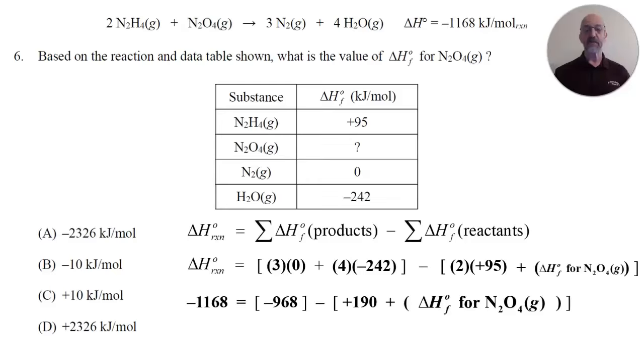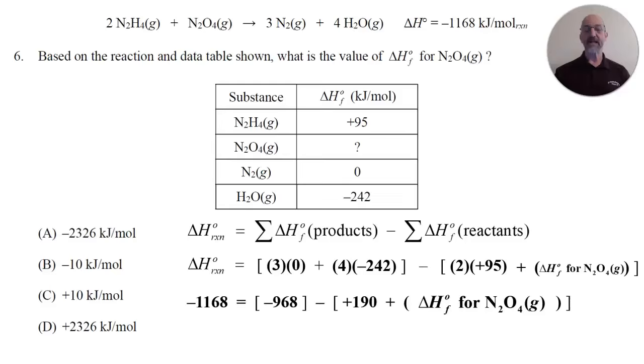And if I do the products minus reactants, that would be 3 times 0 plus 4 times negative 242, which is negative 968. And then on the reactant side, that would be 2 times 95, which is 190. And the delta H of formation for N2O4, which we don't know at the moment. Now, pay close attention to signs, because it's going to be minus the sum of 190 plus this unknown quantity,